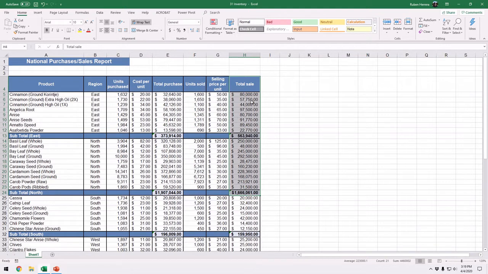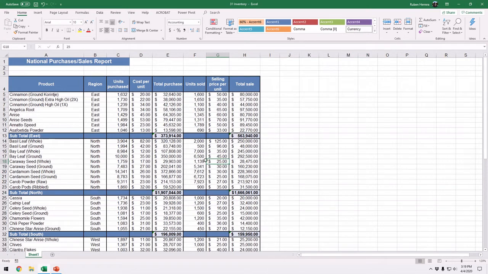Let us pretend, for example, on this report, let us do something easy first. I'm going to name some of these totals. For example, I'm going to select this cell, this reference, and I'm going to come over here to the name box and type a name. This name must not have spaces or special characters, with the exception of the underscore. So I'm going to name this range, for example,